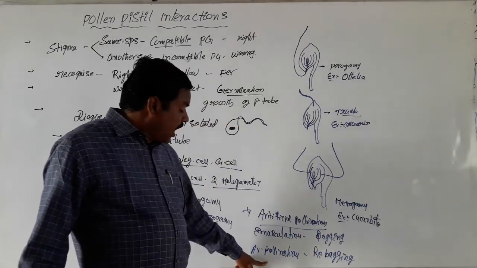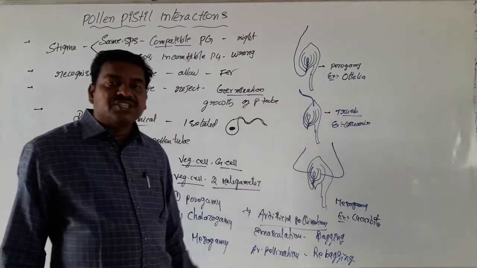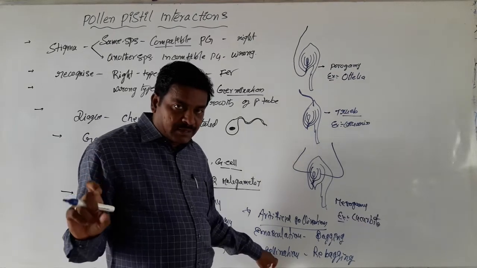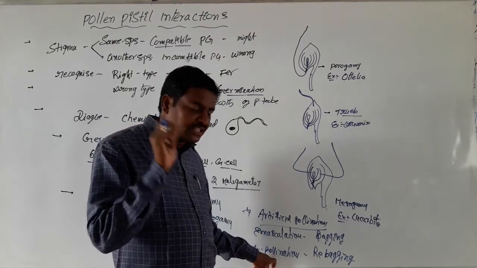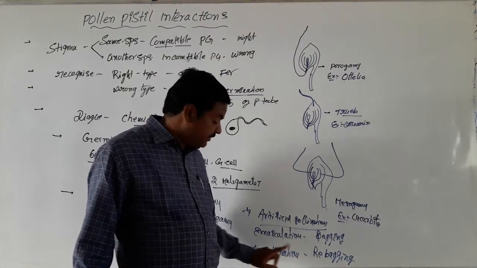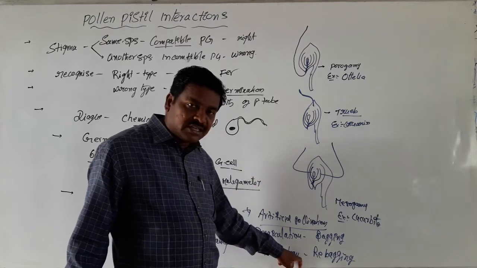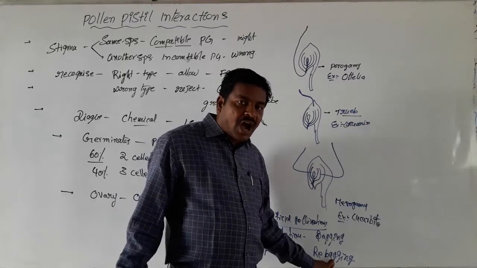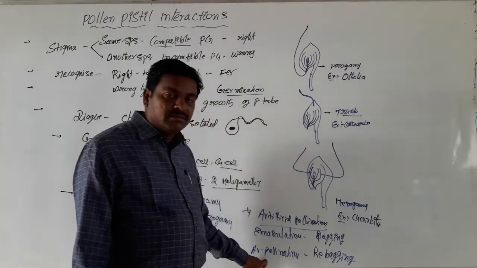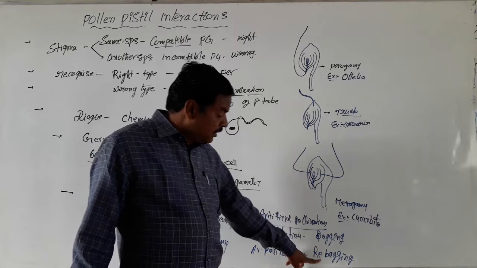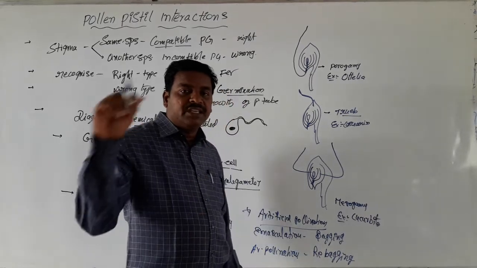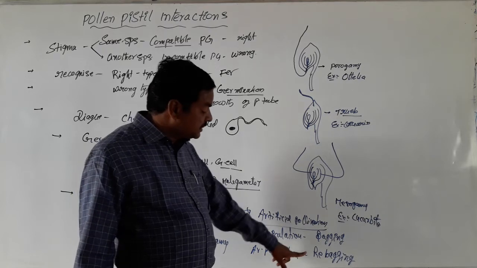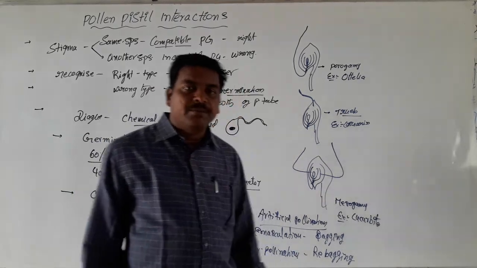Similarly, after the stigma becomes receptive, pollen grains are collected from the male plant and dusted on the stigma of the female plant. This is considered as artificial pollination. Similarly, rebagging: after the completion of artificial pollination, the flowers must again be enclosed by the same butter paper bags. That is called rebagging. Students, very very important.